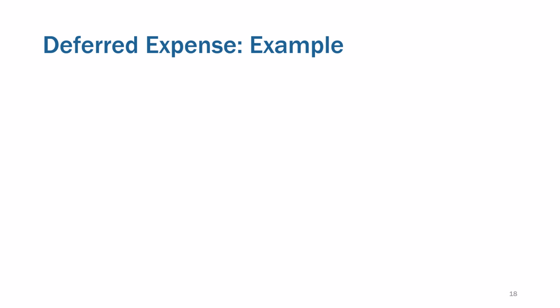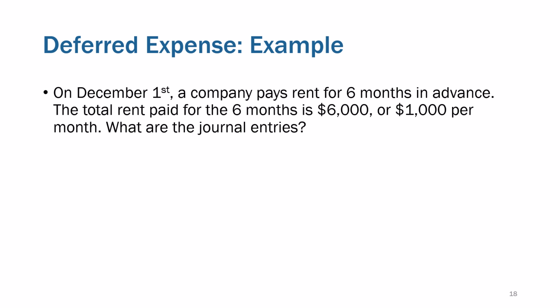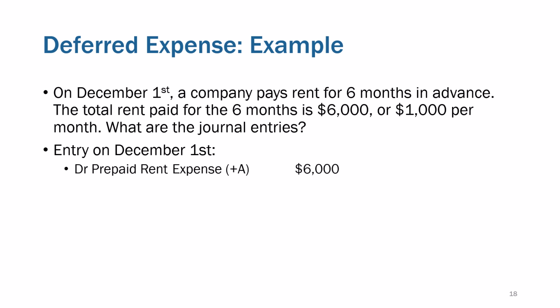So deferred expense, the example here. Let's say that a company pays for 6 months of rent in advance. The total rent paid for the 6 months was $6,000 or $1,000 per month. What were the journal entries? Well, on December 1st, when it paid for the rent in advance, it doesn't debit an expense because it paid for rent in advance. It hasn't used it up yet. It certainly has to credit cash because we made a payment of $6,000, but the debit is to a prepaid